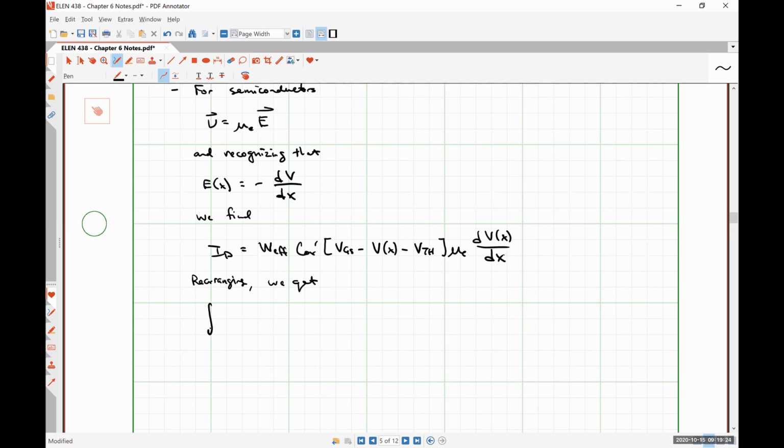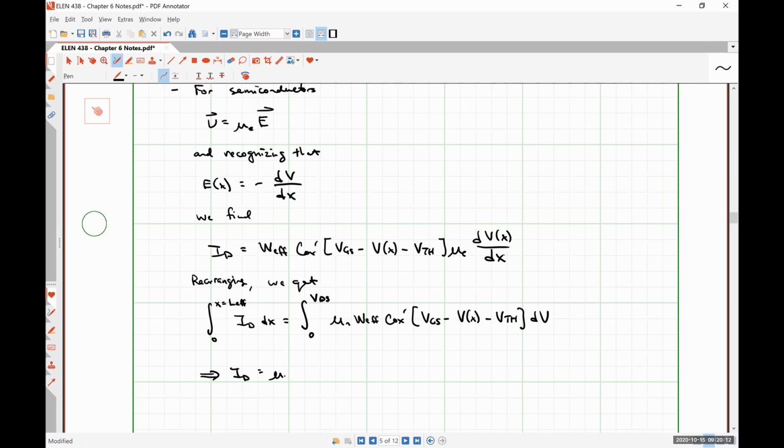The integral from 0 to L effective, the effective length of the channel, of the drain current is equal to the integral from 0 to VDS of mu N W effective Cox (VGS minus Vx minus VTH) dV, which gives us finally